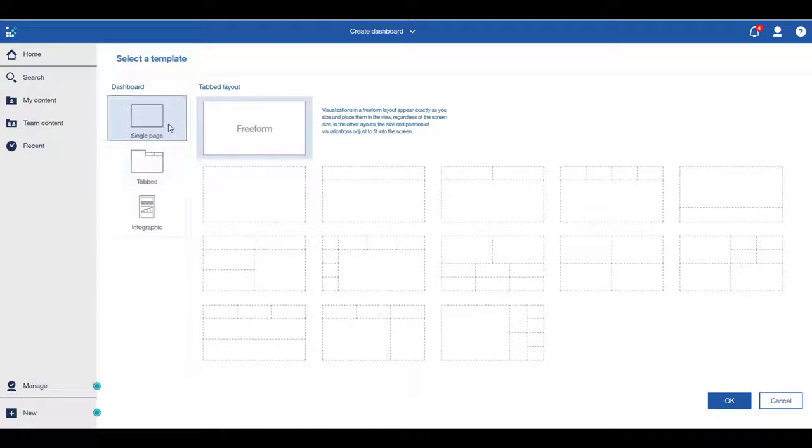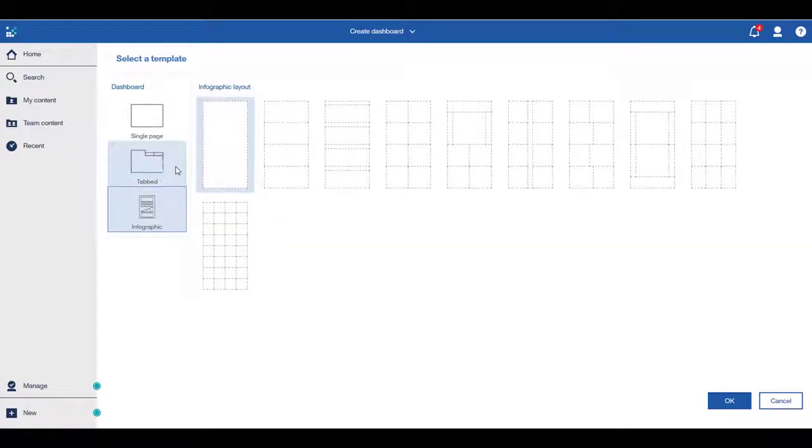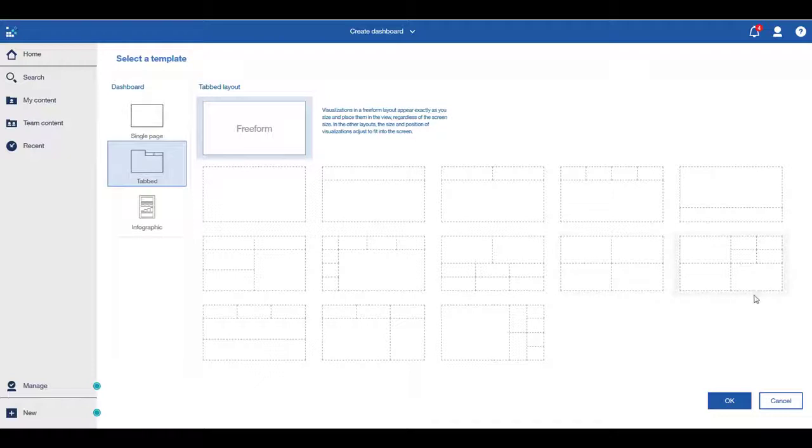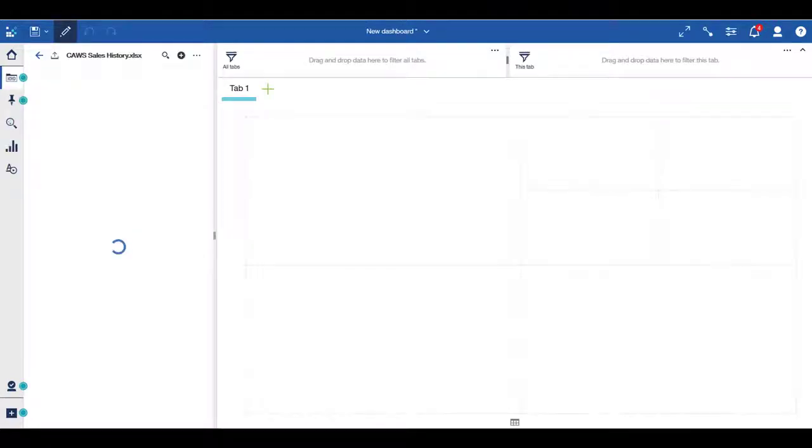Cognos Analytics presents several options for you to get started. You can select a single or multi-page dashboard or an infographic layout. For the layout, you may choose freeform or select from a list of predefined templates that optimize to the layout of the dashboard content. Once the template is selected, Cognos Analytics provides you with all the capabilities needed to build